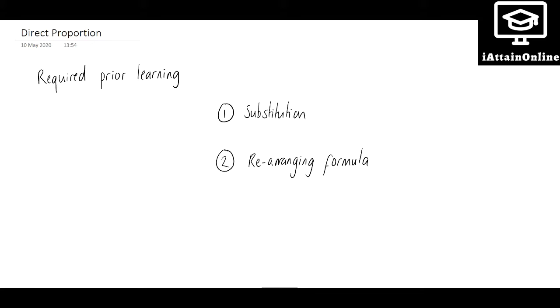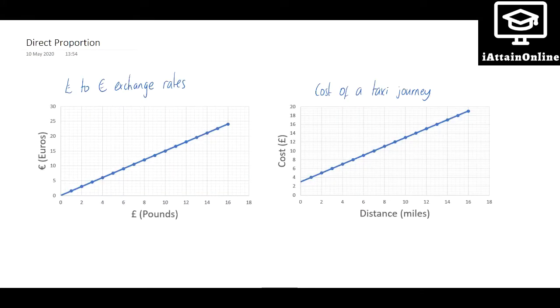Before we get into the examples, I just want to quickly recap what direct proportion is. I've made two graphs here. Neither of them is necessarily particularly accurate. The first one demonstrates the relationship between pounds and euros. I've made up an exchange rate, not completely accurate. The first one, between pounds and euros, is in proportion. The reason is that if I take an example for pounds and use my graph to figure out that that is €6,